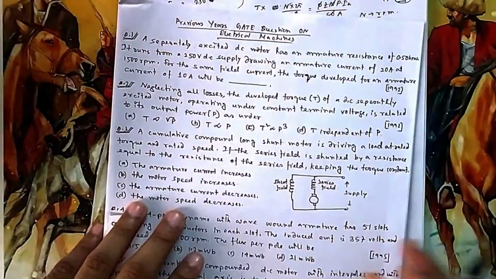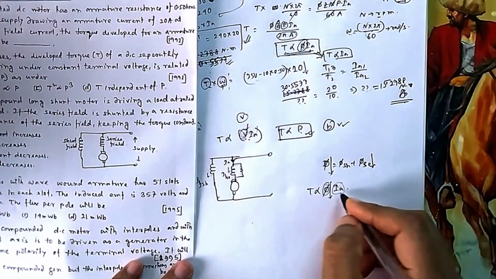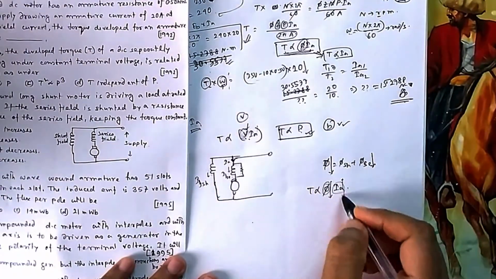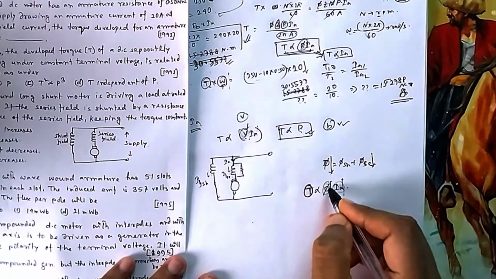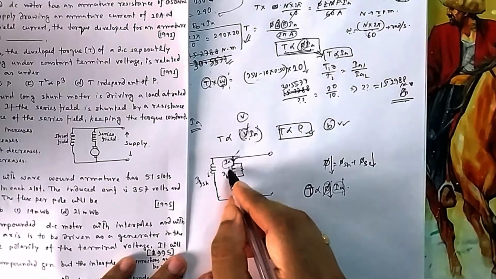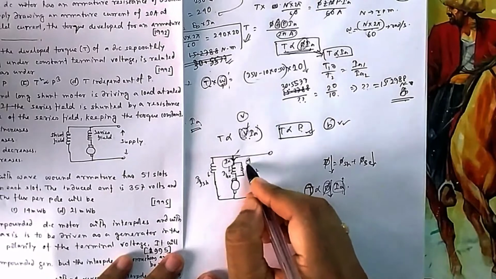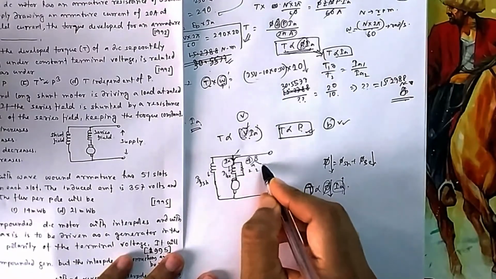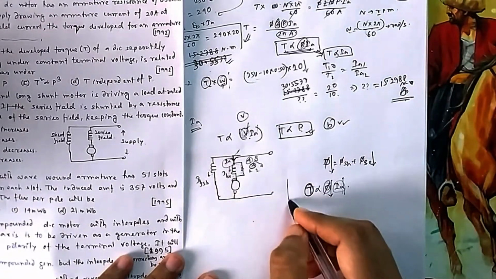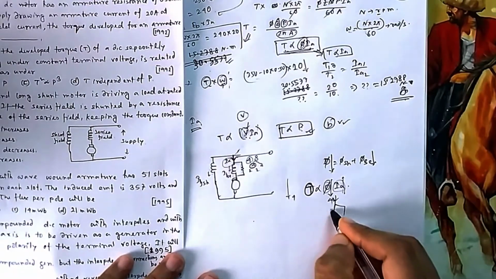Because Ia is fixed, there is no change in Ia, but this phi is reducing. So what you need to do, because your torque should be constant as they are asking, is to increase this Ia, otherwise it will not work. Once you increase this one, whatever decreased will be compensated. Suppose earlier it was 4, now suppose it is 2, so you make it now 8, so 8 will divide into 4, so this branch will remain at 4, because earlier it was carrying 4 only. Normally it was carrying 4, now because you have given these two branches, it becomes 4, 2.